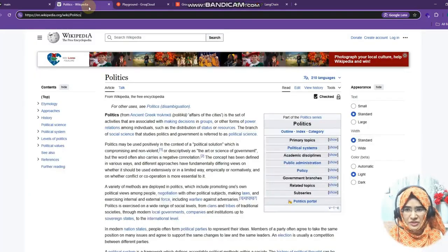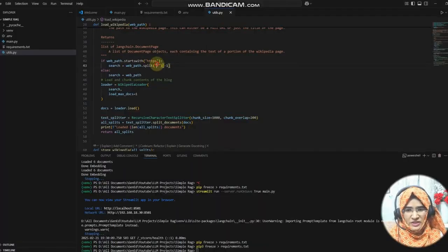It means, let's suppose here we have Wikipedia. It starts with HTTPS, and I'm saying that you have to split it through this bracket, right? When it is split, this is the last topic that we will get. So you need to split it, and then take the minus one, the last one from that URL. So we will have the search topic here. And if you don't have any kind of URL, you just need to take the article name and pass it into the Wikipedia directory.